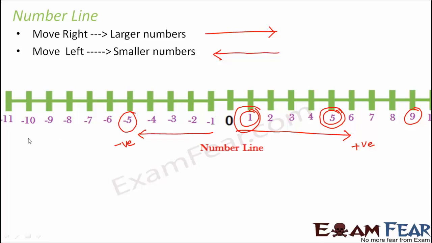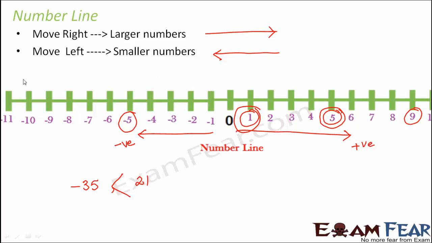So whenever you are comparing a negative number with a positive number, how will you compare? Let's look at these examples, -35 and let's say 21. Out of these two, which is bigger? Now it is not possible to draw the number line and see which is located towards the right and which is located towards the left. But whenever you have a comparison between a negative number and a positive number, the positive number will always be greater. Why? The reason is simple: positive numbers are located towards the right of the negative numbers,